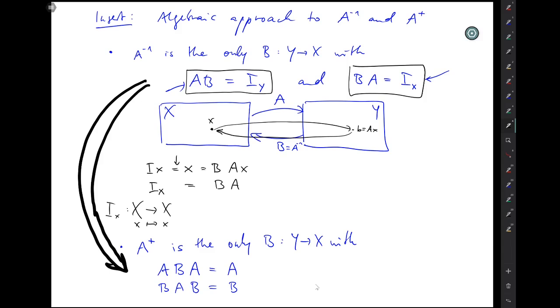In fact, it's not enough to write down these two wishes, these two properties. These are not enough to pin down your operator B. There's more than one operator B which is subject to these two equations. Every operator B that you find that is subject to these two equations would be called a pseudo-inverse of A, but the Moore-Penrose pseudo-inverse